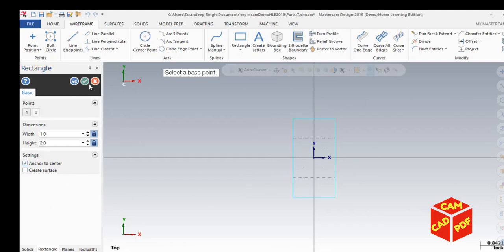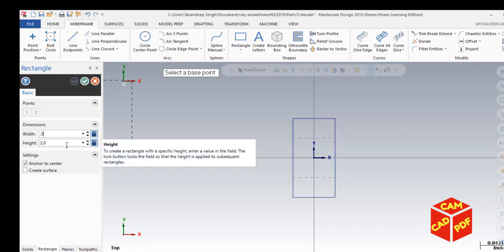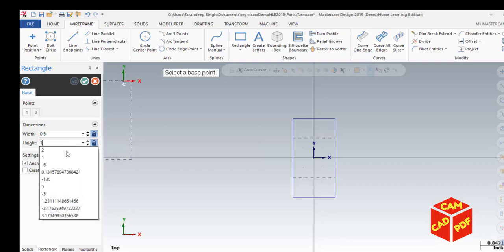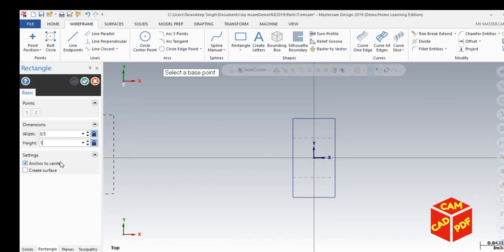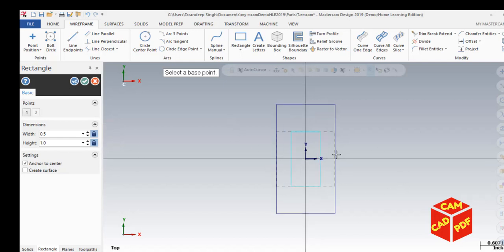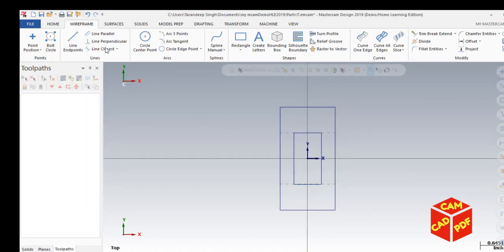Draw another rectangle, width 0.5 inch and height 1 inch, anchor to center, select origin, OK. And now select arc endpoints,